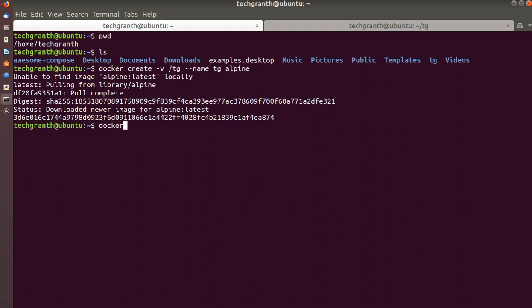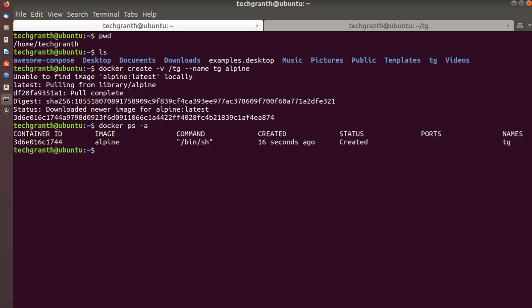You can see docker ps -a. This is the container id it is using, and docker ps is not showing it, as it is just created as a volume. You can see the name here.